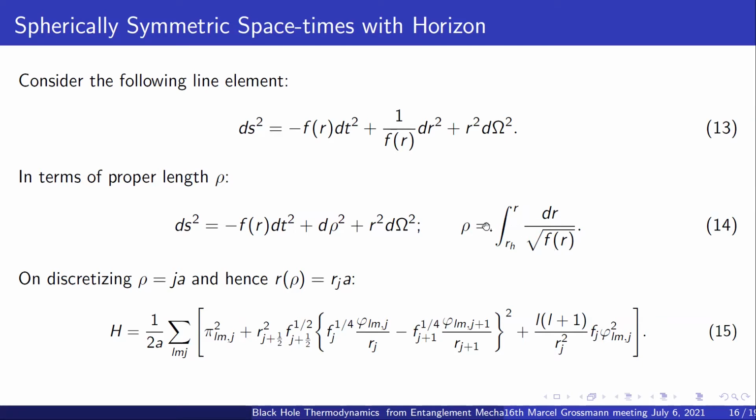So what happens here is that in the extremal limit, first of all, this entire formalism breaks down because there is in fact no region where f(r) is positive. And in fact, the proper length itself is 0 at the extremal limit. So you're right, this formalism breaks down in that limit. We can approach close to the extremal limit and see what happens, in which case you can see that this entanglement energy approaches 0. But as soon as it hits the extremal limit, it either vanishes, or the right thing to say is that the formalism does not hold.